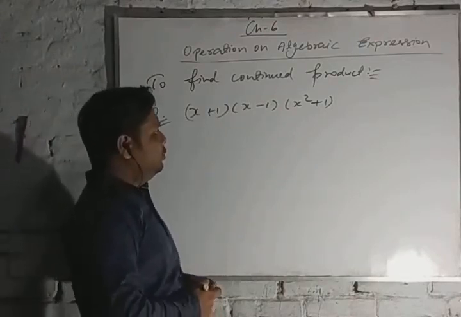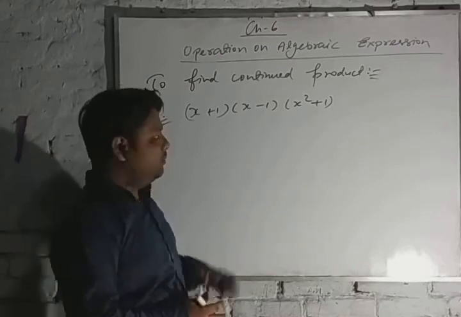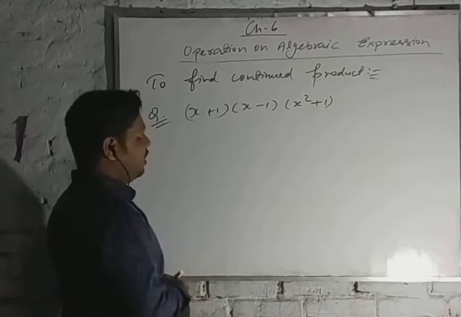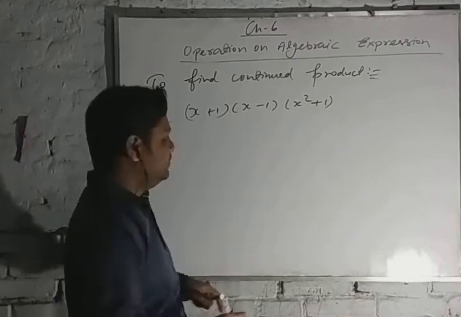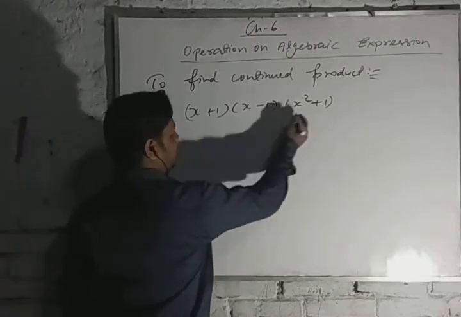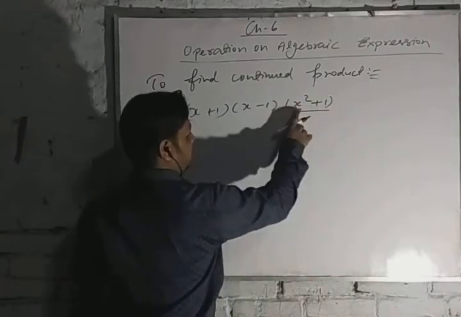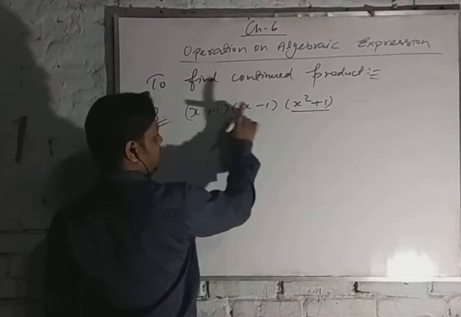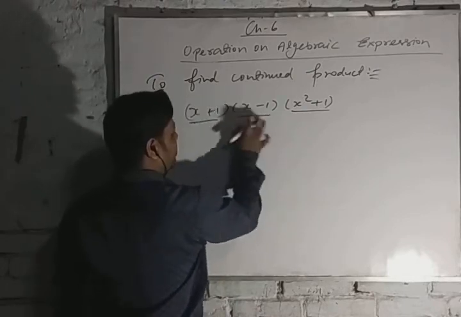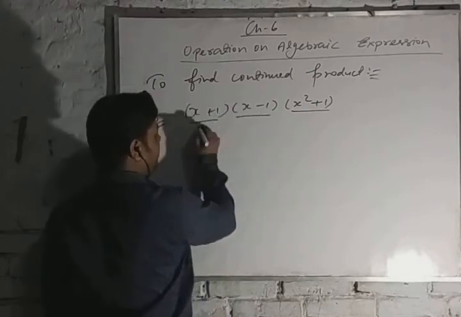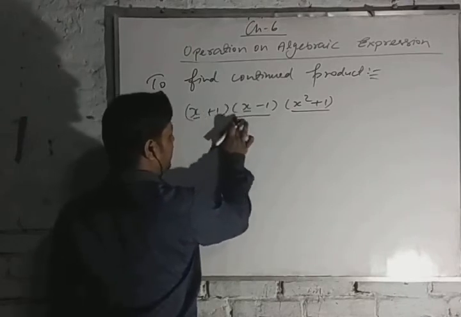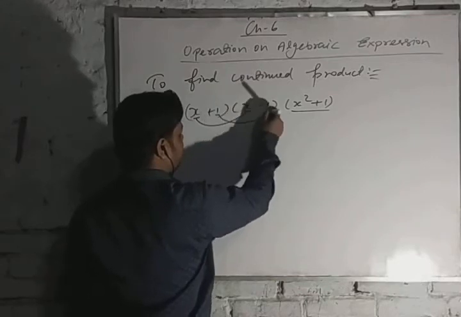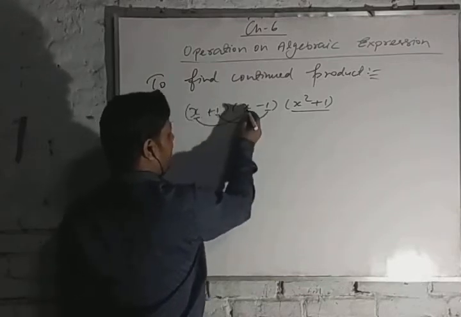Here we will use multiple identities. That is, we will use more than one identity to solve this question. Okay? Or maybe only one identity we will use. Let's see. Here you can see it is the square term. Its exponent is 2, but the other exponent is only 1, and it is looking the same. What is same here? These two are matching. A is matching and B is matching. That is A plus B and A minus B.